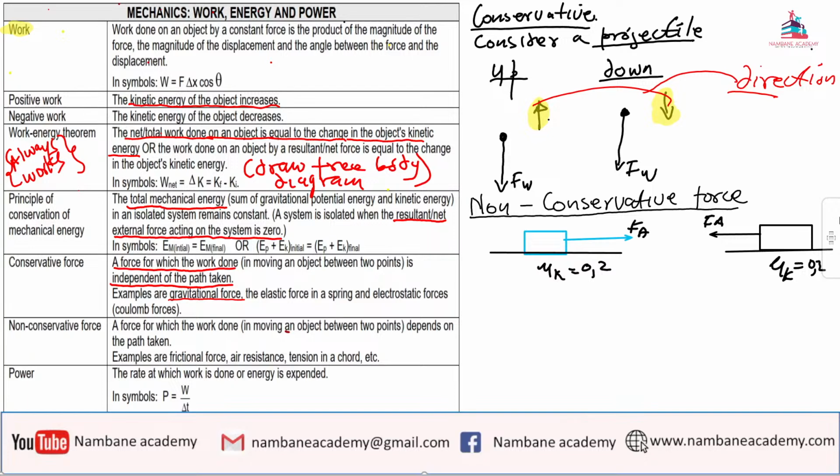Then the easiest thing will be, let's draw a free body diagram. I am going to have my Fn, my force applied, my frictional force in this direction, and my Fw. Can you do it for this other object? Yes, I can have my Fw, my Fk, and my F applied, and my Fw. Sorry.